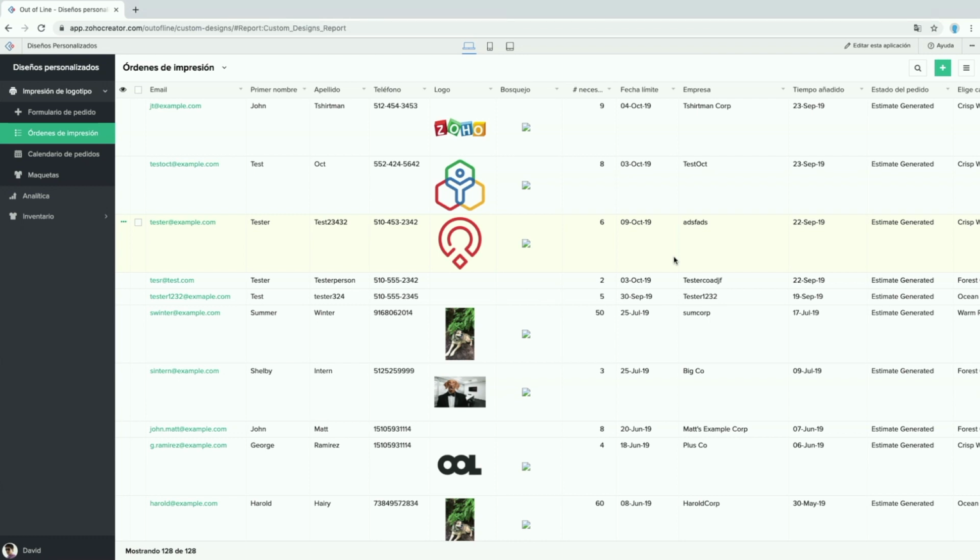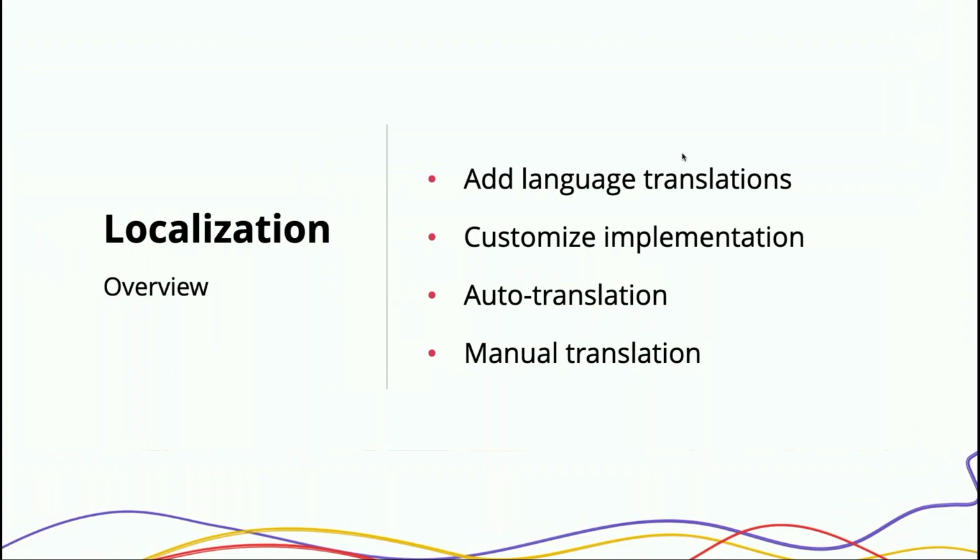So again, that's another thing you just want to keep in mind if you're localizing your application and supporting another language. Are you going to be able to make use of the data that will be entered? Because a user is likely going to enter in data using the language that they are interacting with the app in. All right, so that is localization.